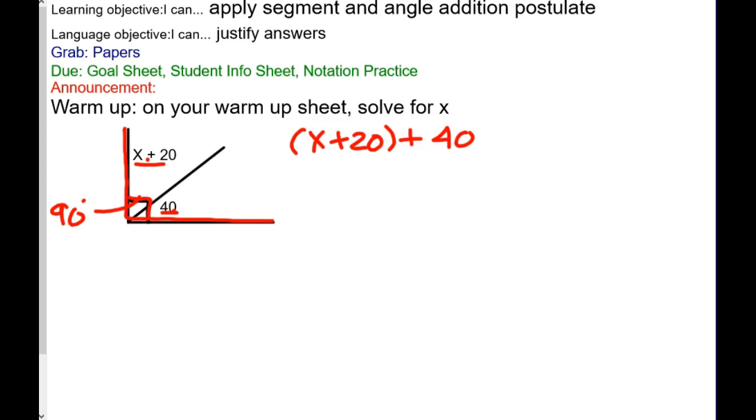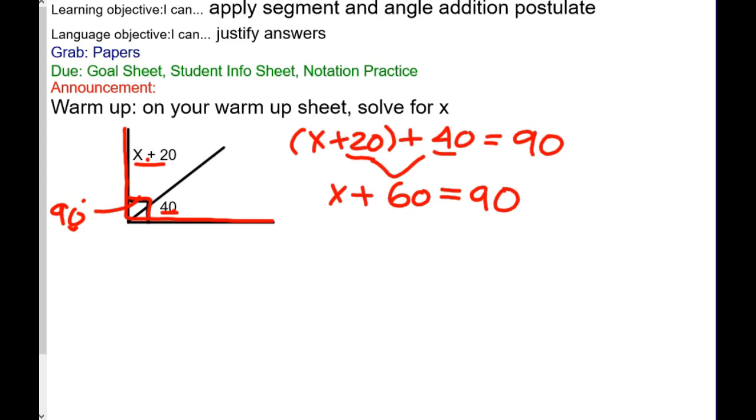Now, what is that supposed to equal? We just said it adds up to 90, okay? Now, next step, if I see I have like terms, constants that can be combined, I should combine like terms. So 20 plus 40 gives me 60. So I bring down that x plus 60 equals 90, and my last step is